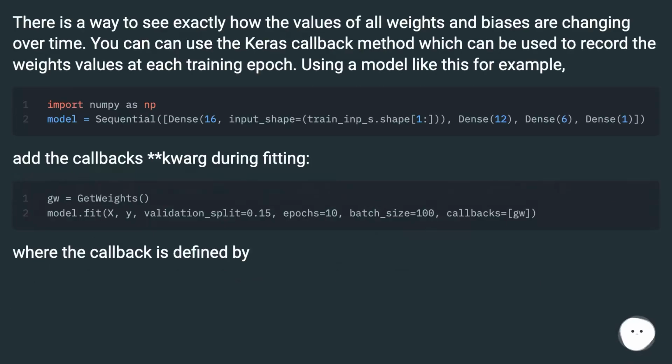There is a way to see exactly how the values of all weights and biases are changing over time. You can use the Keras callback method, which can be used to record the weight values at each training epoch. Using a model like this, for example, add the callbacks during fitting, where the callback is defined by